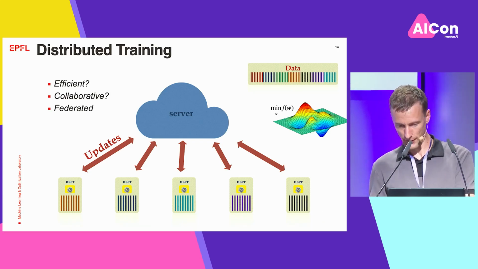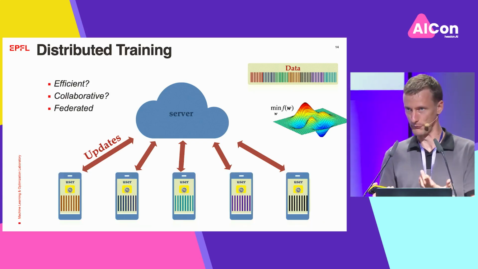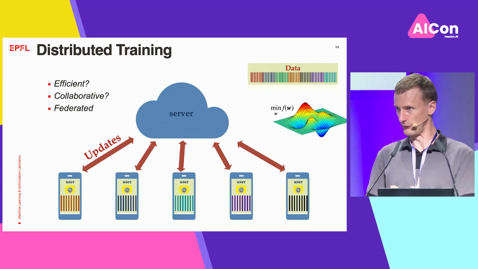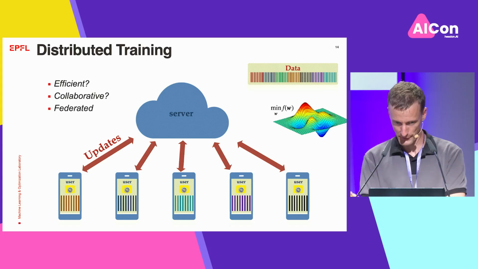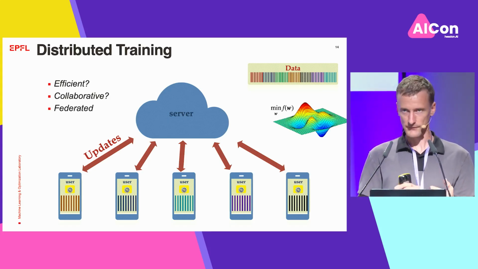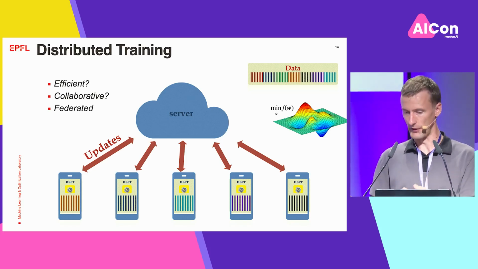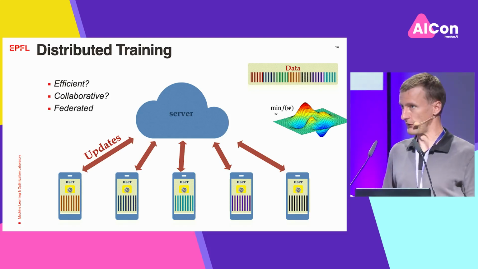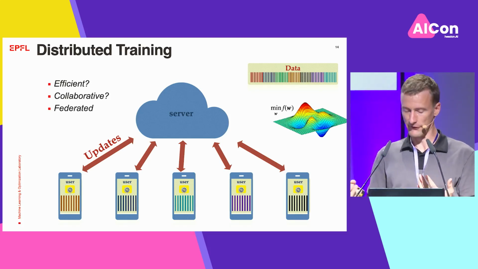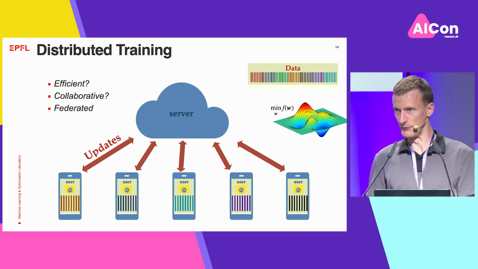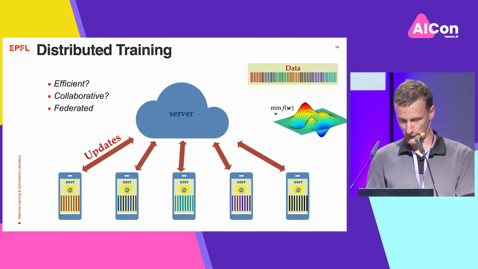But these agents could also be different things. They could also be mobile phones, and every time you use your mobile phone to write something, a system like this with federated learning is actually used, and it's used to predict the next word when you type. It's going to help you type, and this way making it easier for you to write stuff. But of course, the data that you've written in the past is very sensitive, so you don't want that to go to a central database, so that's why we would like to have a federated learning version